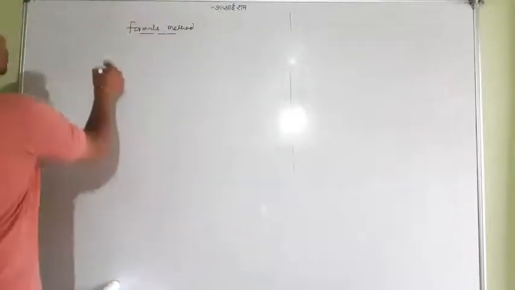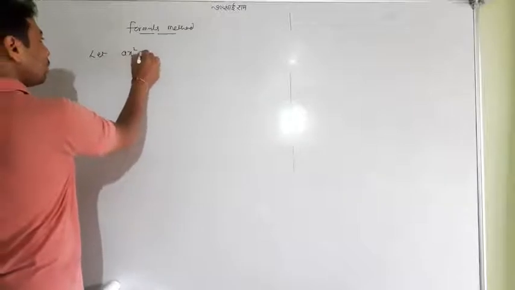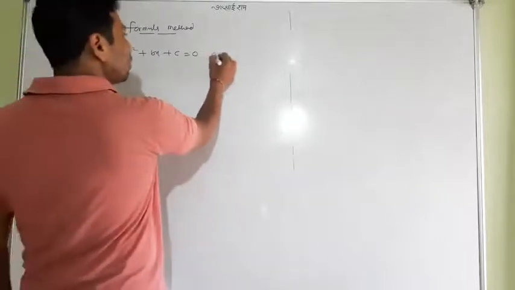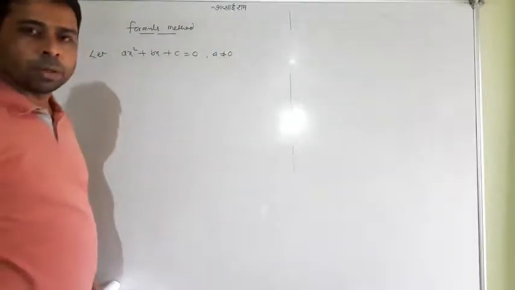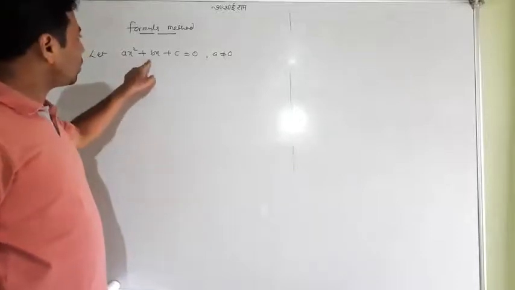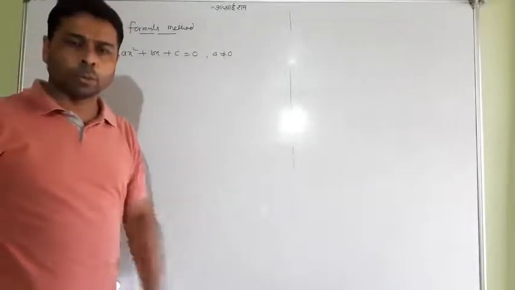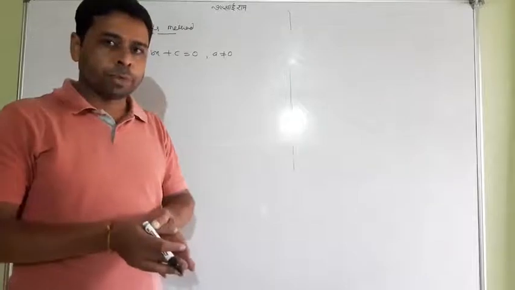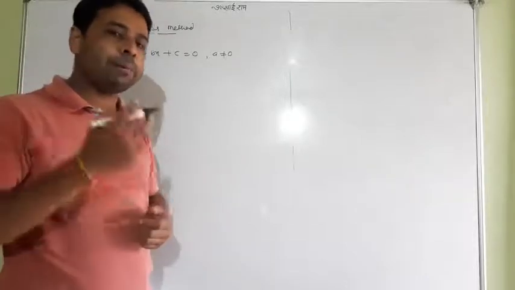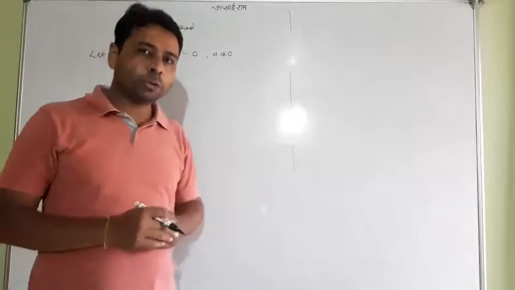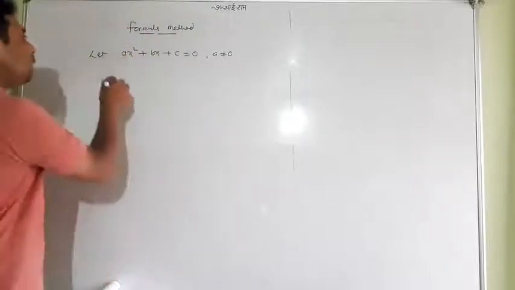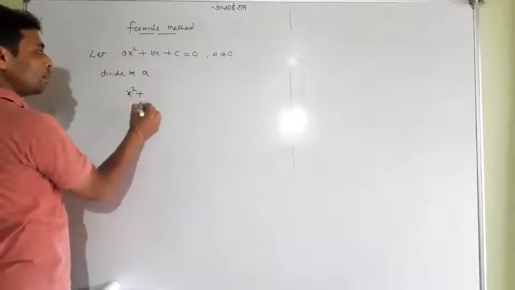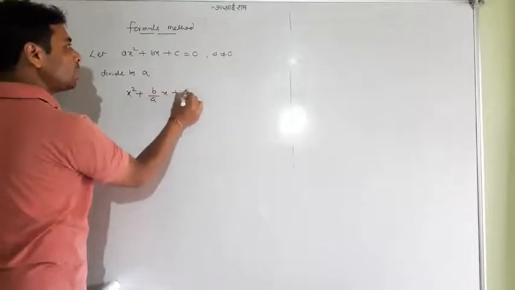So look at now. Let ax square plus bx plus c be a quadratic equation where definitely a is not equal to 0. We know it. So ax square plus bx plus c is equal to 0 is a quadratic equation. It's the general form, you know. I just want to do the same thing which I taught you. I'll make it a complete square. So what am I going to do? First I'll make the coefficient 1, so divide by a. So this is going to be x square, this is going to be b by a x, this is c by a.